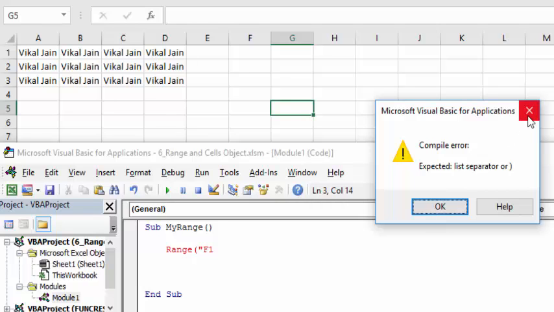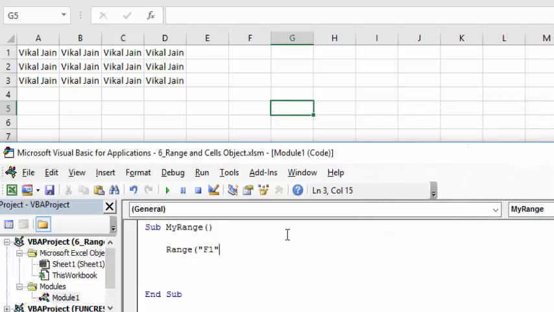I have pressed enter. Double quotes. Cell 1 is F1 and the last cell is K5. Double quotes K5, then close parentheses. Now I am mentioning that the first cell in my range is F1 and the second cell of my range is K5. So